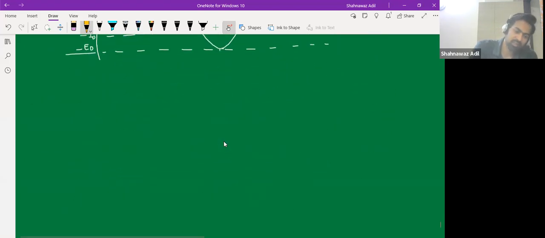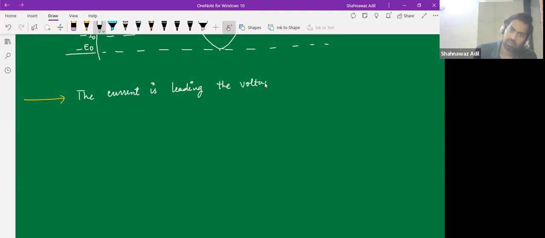So, what are the conclusions that we made from these? Right. So, first thing is that the current is leading the voltage by pi by 2, right? And then the phase difference is how much? Pi by 2. And then the power factor